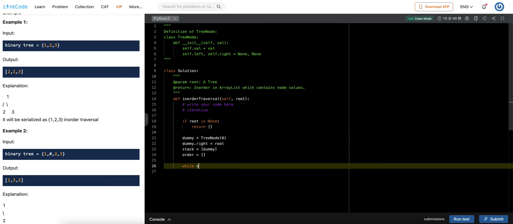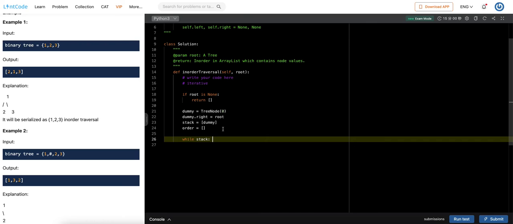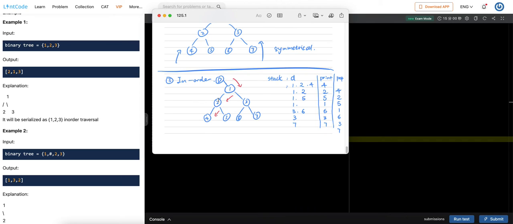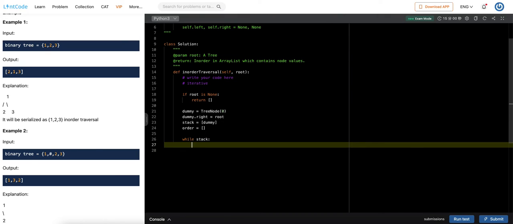So we'll do while stack, so there's something on the stack, and it will follow last in, first out, since that's what we want. Since 4 is always output before the 2, since this is in-order. And while stack, first we'll get the parent node, so stack.top,